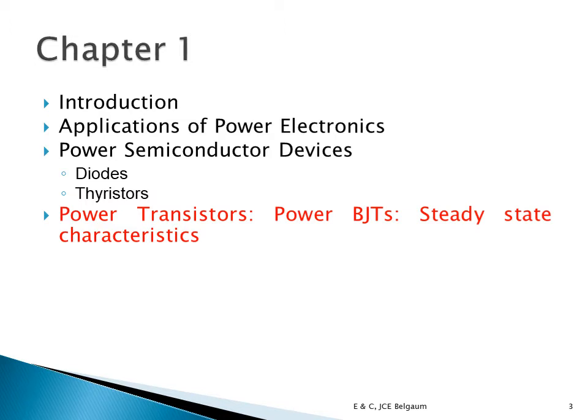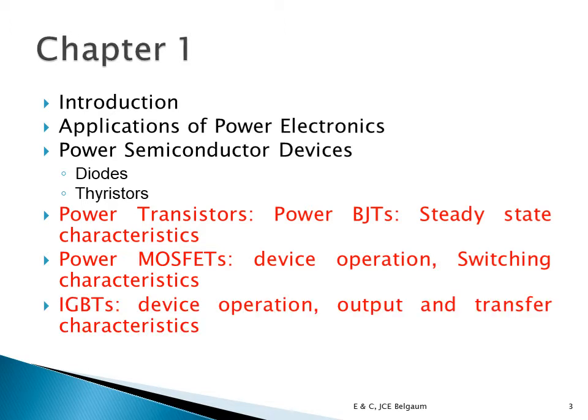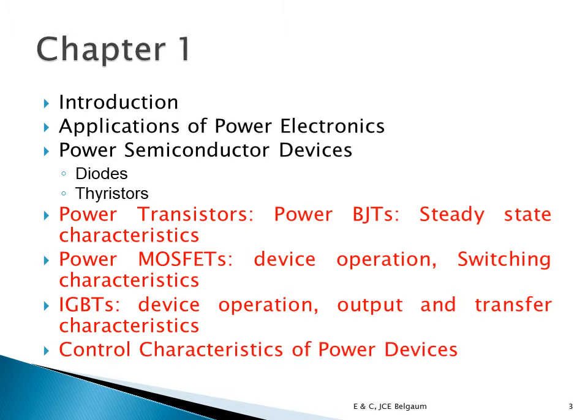We have dealt with types of diodes and thyristors earlier, okay, and we know that diodes are general purpose, fast and Schottky diodes. In thyristors I exposed to you at least 12 thyristors, and we have seen the symbols and various characteristics, steady state characteristics of these devices. We'll move on to power transistors, that is BJT, after which we will look into the power MOSFET, and then IGBTs, another device that we will see, and SIT is also another device we want to understand in transistors, and we'll also have a look into control characteristics of these power devices.